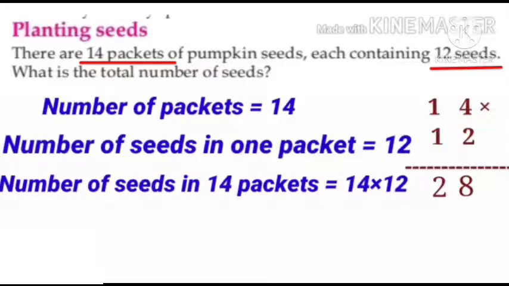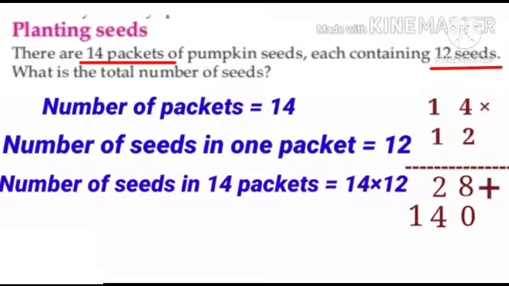In the second step, we have to multiply 1 by 4. Before starting to do this, leave ones place empty and put 0 in the ones place because we are doing the multiplication of tens place. Then 1 into 4, 4. Write 4 in the tens place. Then multiply 1 by 1. 1 into 1, 1. Write 1 here.